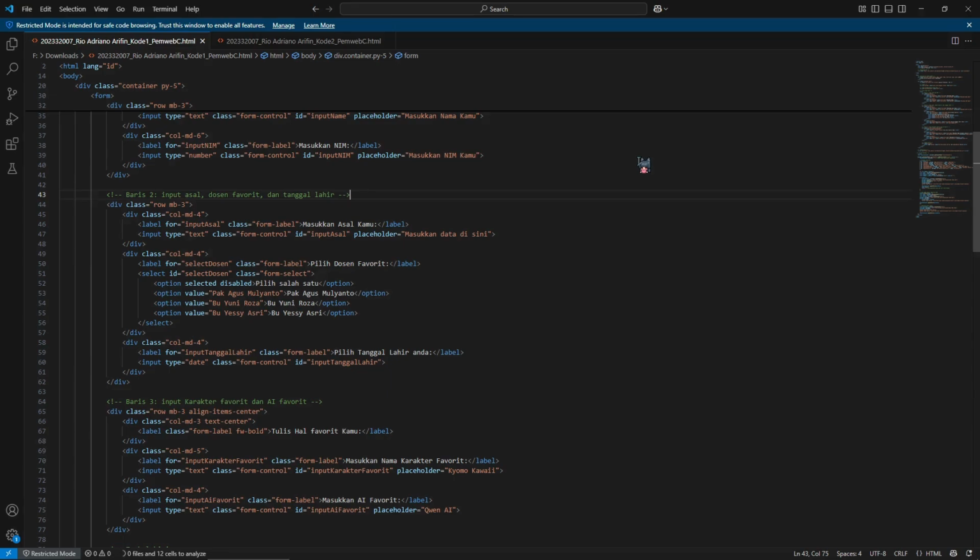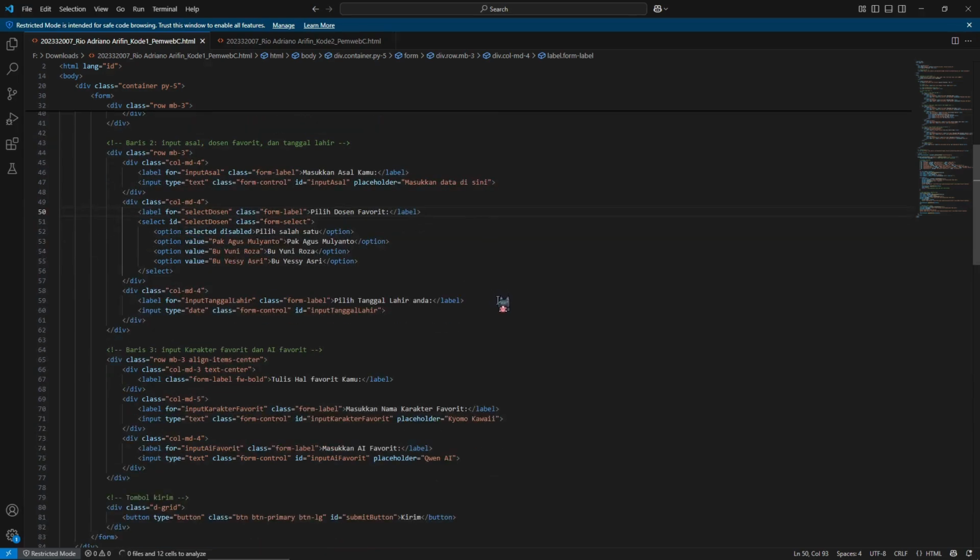Okay, the next one, row number 2, is for hometown, favorite professor, and date of birth. This row includes 3 fields. At first, a text input for the user's hometown. Second is a drop-down menu, select, for selecting their favorite professor. Then the third one is a date picker with the type date for entering their date of birth.